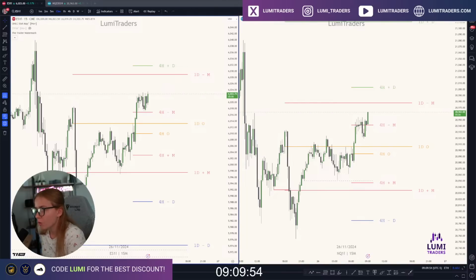Do we need open, high, low, close premium indicator? My recommendation is to not use any indicators at all. So it's up to you. You want to use an indicator? Okay, go and use it. But preferably, do not use any indicators at all, right?